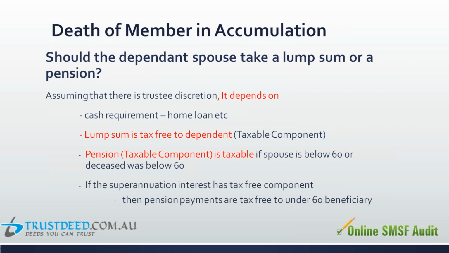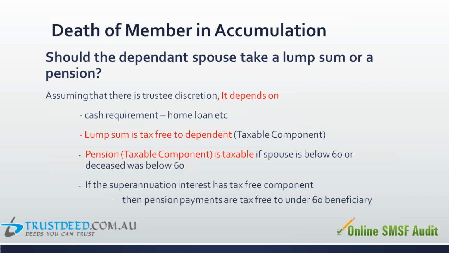Now, sometimes the beneficiary may have $2 million in the pension account, and when you commute the pension, you can commute up to 2 million. Maybe you commenced the pension with 1.6 million, but the pension has grown. That means the income is more than the pension payments. So the income was say 10% and the pension withdrawals were 4%, and over the years the pension account has grown to 2 million. So the beneficiary can commute the 2 million pension, and since you commenced it with 1.6, when you commute it, it creates a minus $400,000, because when you commenced it, it was 1.6, but when you commuted it, it was 2 million. So it creates a debit